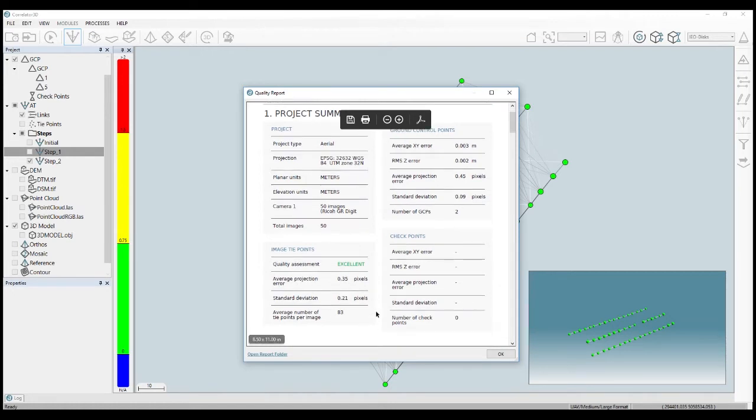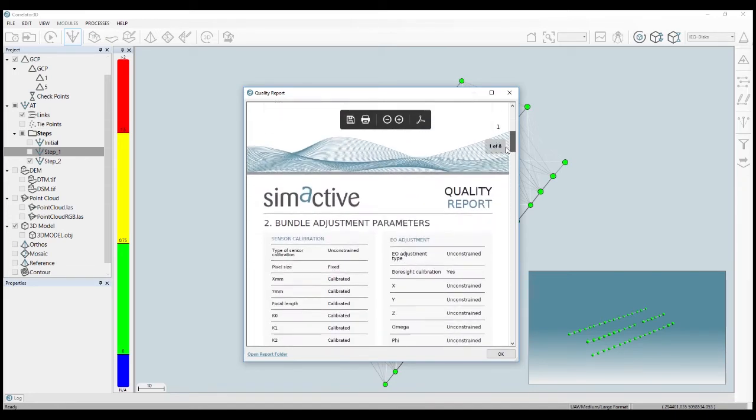And here is the residual on all the tie points. So this tells you how well the block is attached together. So it's about the relative accuracy. And here it will tell you how accurate the block is compared to ground truth. So the absolute accuracy of your adjustment. And in the report you have different